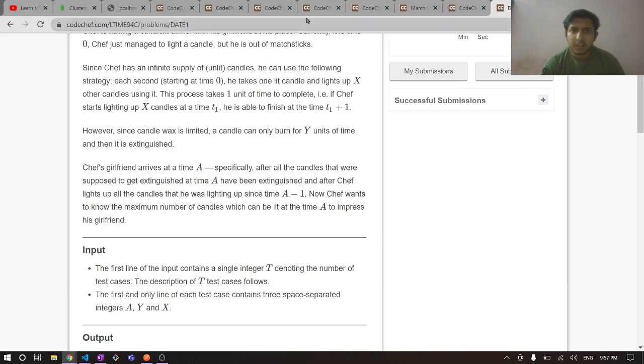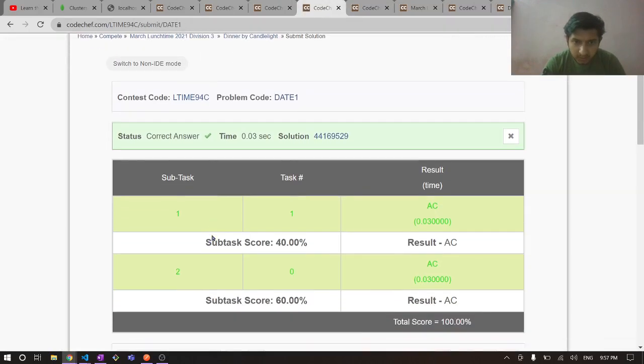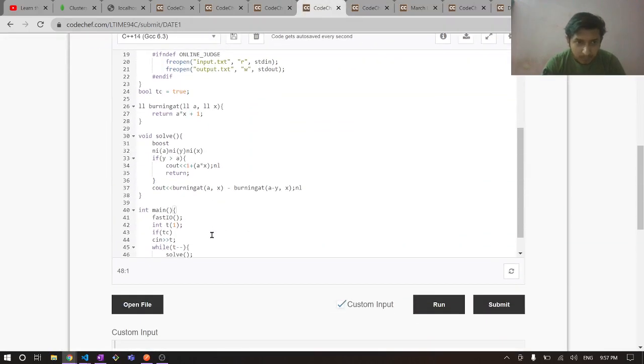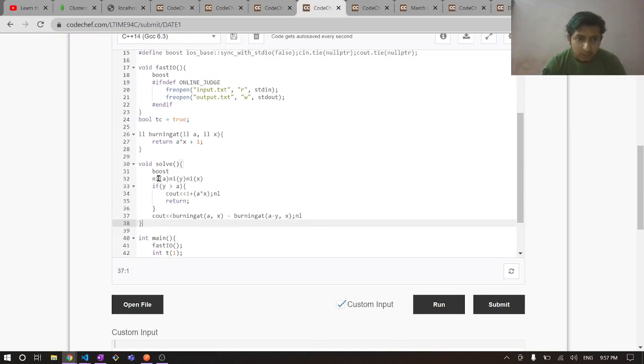The code is quite simple. The candle burning question, yeah, simple question. So what we got: A, y and x. Okay, if y is greater than x, then only I have to consider the case. Okay, otherwise I know that